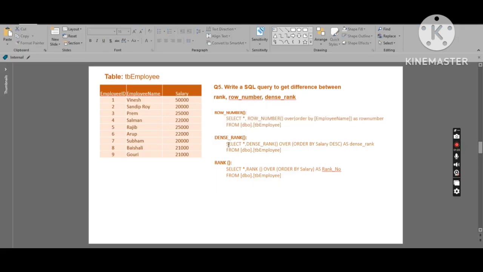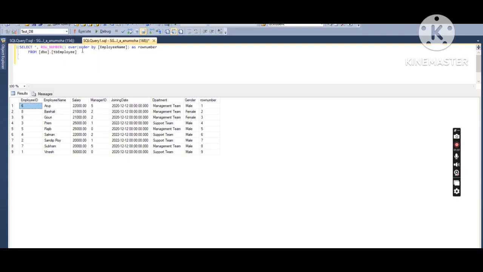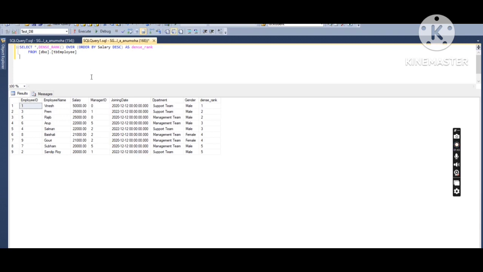Now dense rank. First I'm running the SQL query, then I will explain what the function is. Here, in the same way, I mentioned order by salary in descending order. So whichever is the highest salary will become first, and in this way it goes to the lowest salary. Now dense rank means, suppose